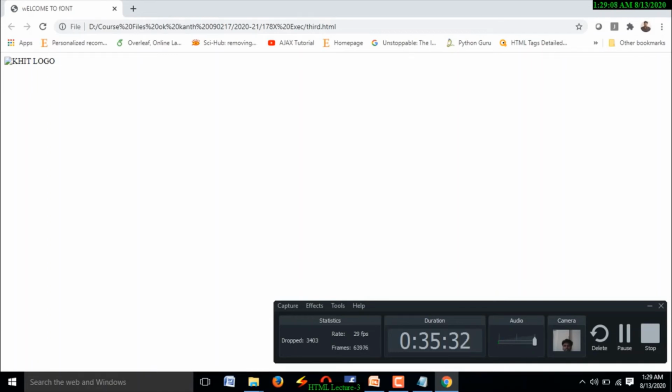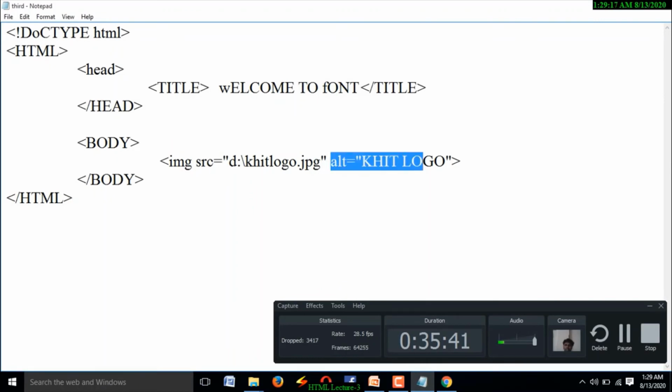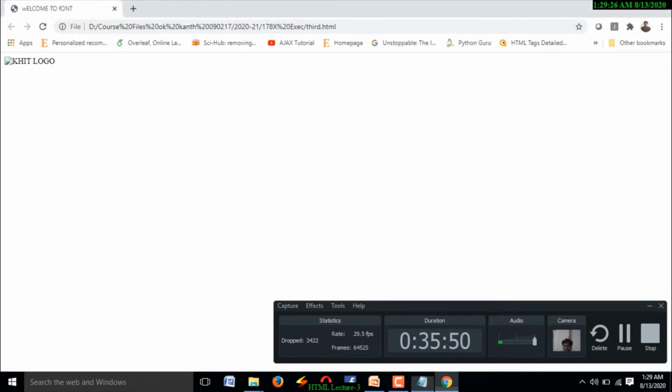Because we have not provided any alternative text. If you provide alt text, it is going to display that text. Suppose I remove the alternative text, save it, refresh it. What is it going to display? It doesn't display any image, because the image is not available in the source location and we didn't provide any alternative text.